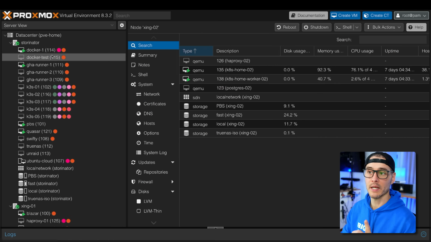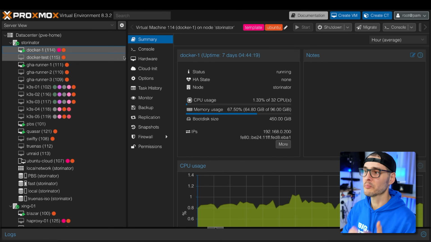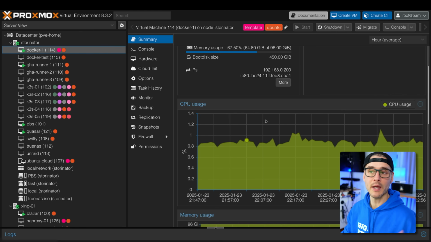But then that's connected to my NAS for different types of data. And so if my NAS is down, that's down. Or if my nodes are down, it's down. So I decided that I'm going to keep all of my services together and limit my points of failure. And so I ended up creating a virtual machine in Proxmox that has all of my containers running. So this is my home production right now, a virtual machine running Docker on Proxmox.